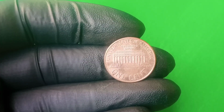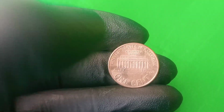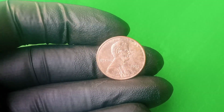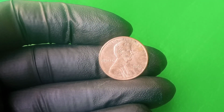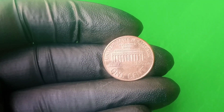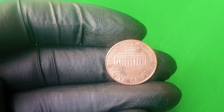Some even believe that a few 2005 pennies were struck on leftover planchets from 1982, the year when the US Mint transitioned from pure copper to copper-plated zinc. If true, these transitional errors could explain why certain 2005 pennies appear slightly different in hue and density when compared under magnification. A penny that was supposed to be struck in 2005 but ended up on an older, heavier copper planchet would be considered one of the rarest modern minting accidents possible, and that alone could push its market value